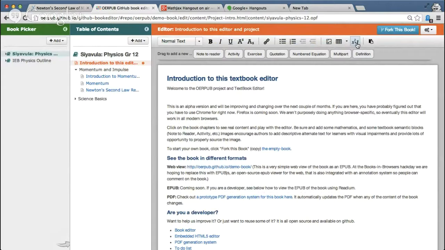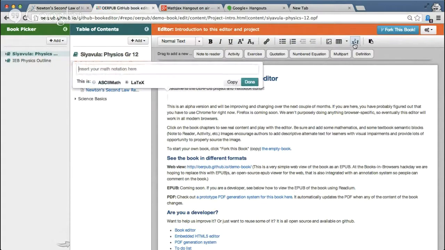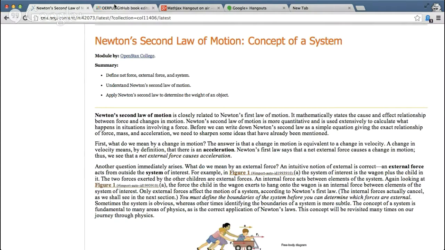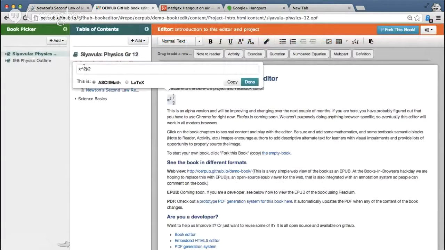So for starters, we can type in a formula using ASCII math, and as you type, it updates on the fly if I don't change my tab.